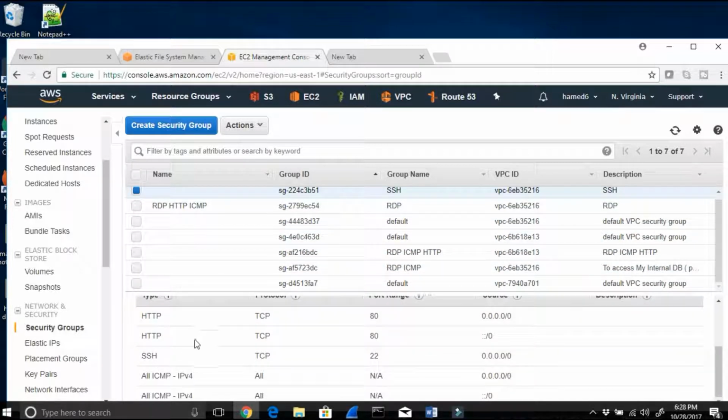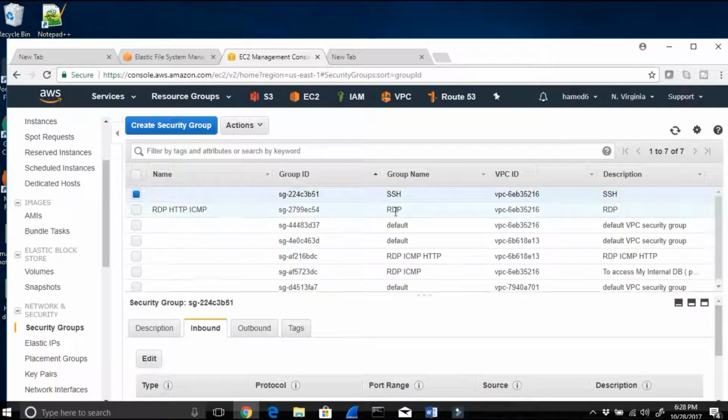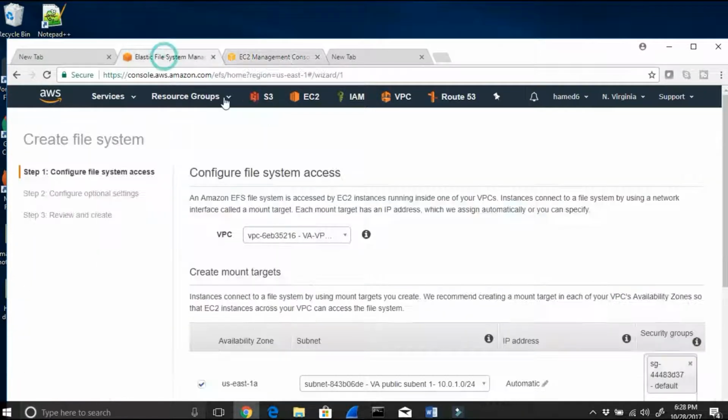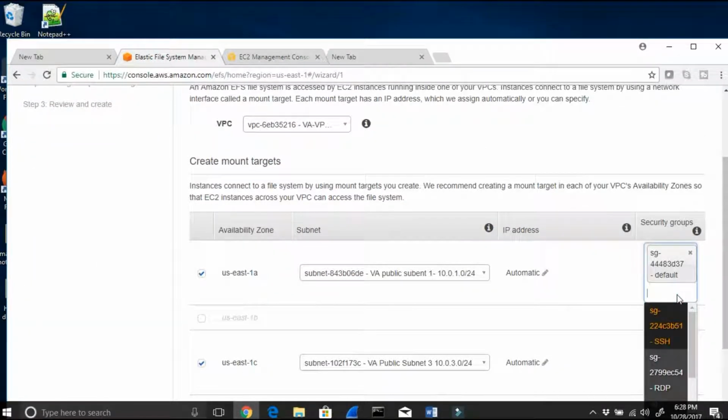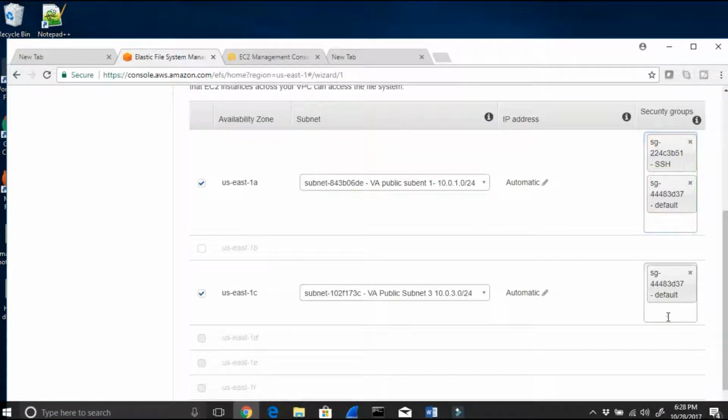So this one has SSH, all of the HTTP and ping. So I'm going to pick the ones called SSH right here, okay? So I'm going to pick this security group, and the security group C3B51, okay? So I'll go back here, click here, and look at the CB file. This one, and CB51